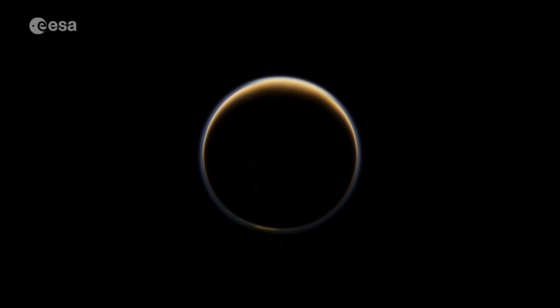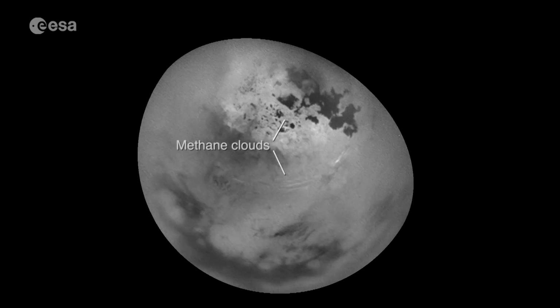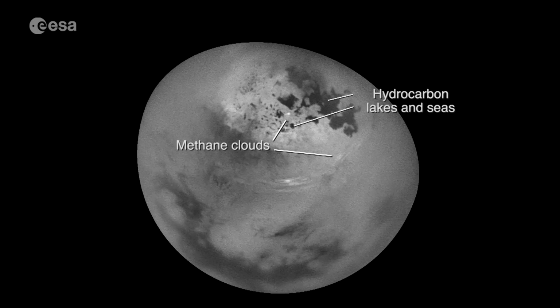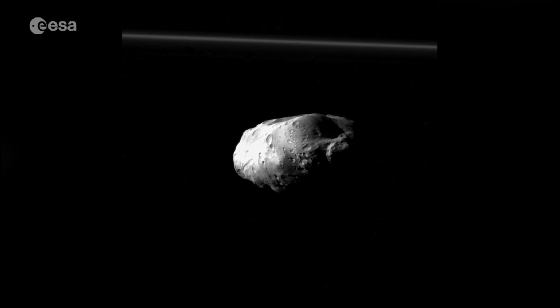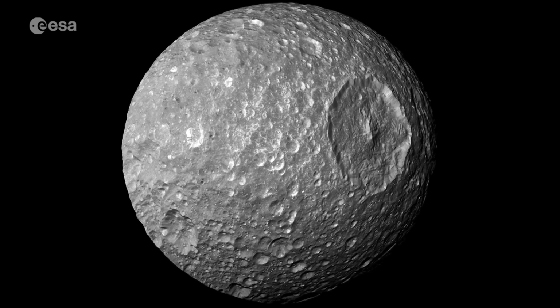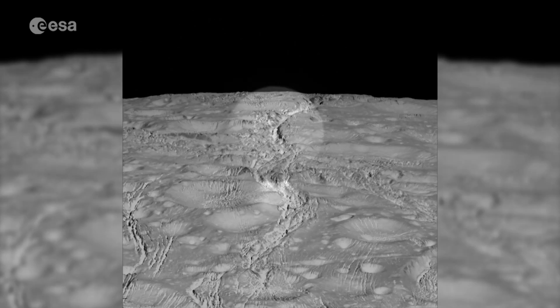Huygens landed on Saturn's largest moon, Titan, in 2005, and together with observations from Cassini, found methane clouds and lakes, as well as canyons flooded with hydrocarbons. Cassini also unveiled closer images of other moons such as Prometheus, the sponge-looking Hyperion, and even one moon, Mimas, that resembled the Death Star from science fiction's Star Wars, while Enceladus is covered in icy ridges with active water jets